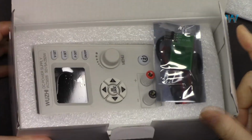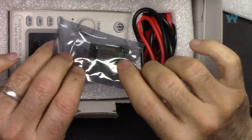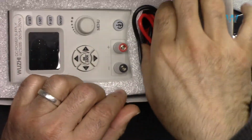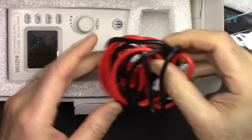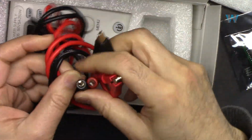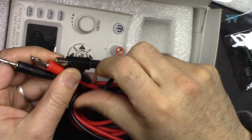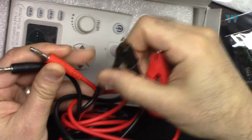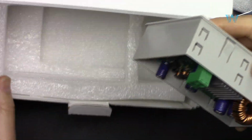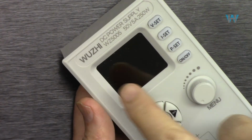For the first time, I'm getting something that is packed properly. So we have the Wi-Fi module. Nice. So properly packed, and we have a nice banana clip with alligator. There is nothing else. And here is the module. This is the WUZHI